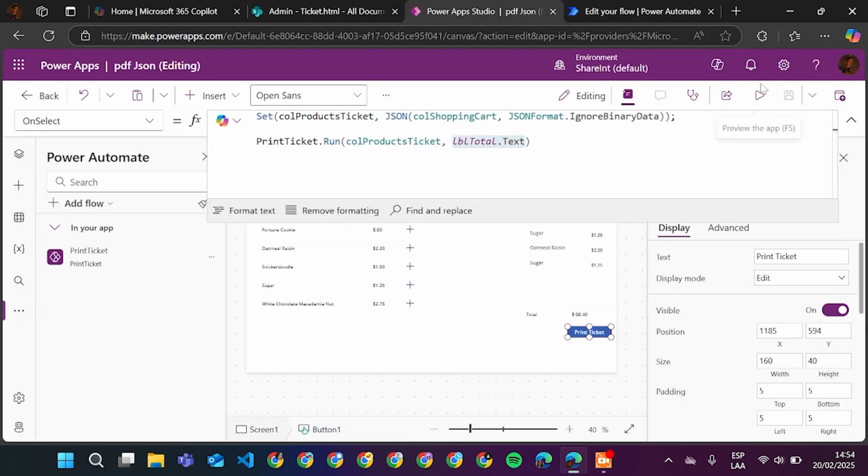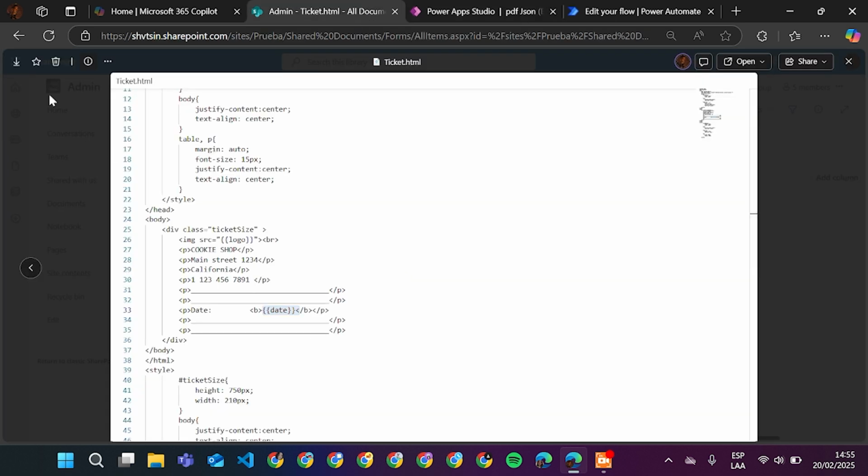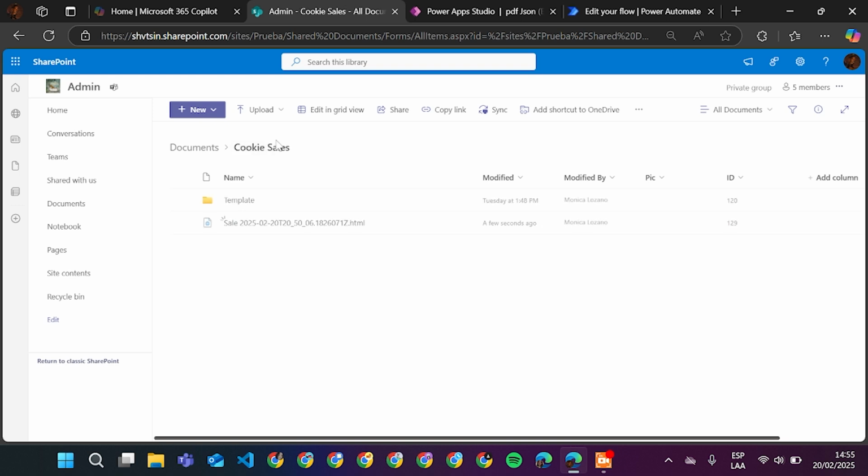So here I'm going to open the cart. I'm going to add this one. I'm also going to add this white chocolate, and that's it. I'm going to click print ticket, get back to my folder, close this. Then I'm going to refresh it,